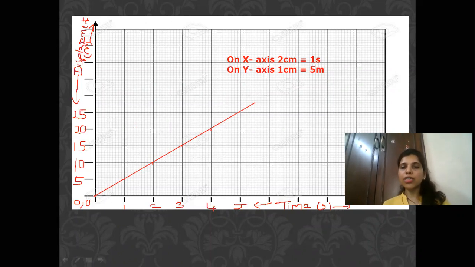So you have to represent your graph, you have to write the scale, you have to mark the points properly equidistant. Now you can see the gap of 10 minus 5 is 5. So every time the gap is of 5 meter. So this gap should be the same between all the points. On the x-axis, 2 minus 1 is 1, 3 minus 2 is 1. So you can see over here also the gap is of 1 second. So equidistant points means when you're marking the points, the gap between the 2 points should be the same.